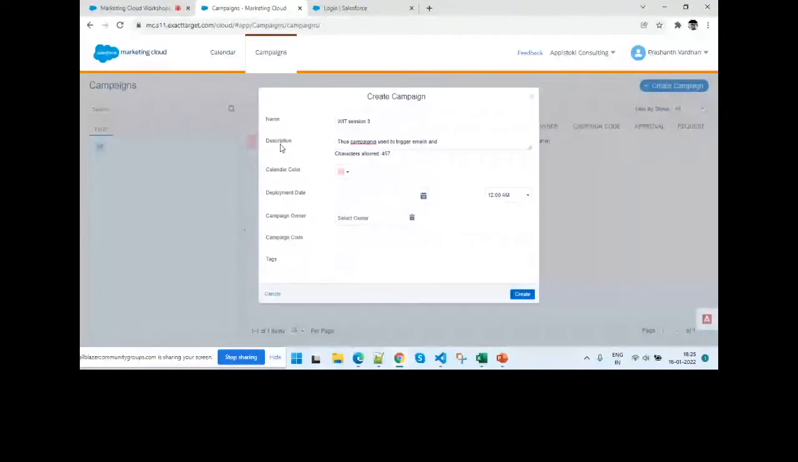This is something we would also use because we would like to know what campaign has run on which day. Instead of seeing the names, we can utilize colors to identify those campaigns. So when is this going to get deployed? If you would like to specify a future date, you can do that. And you can also specify who your campaign owner is. You can choose the owner directly from